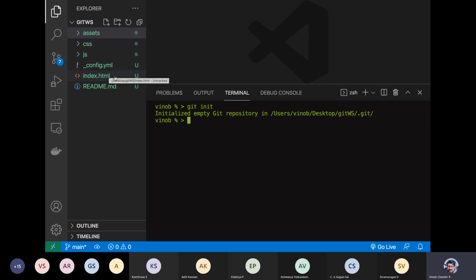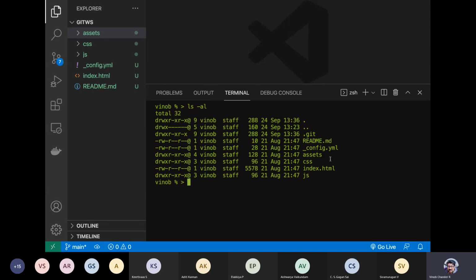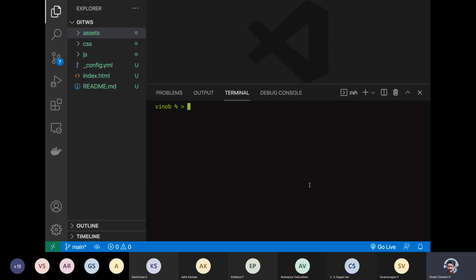Okay, so all this tracking happens inside what is called the .git directory. Now, if you see the present working directory is your project folder, and if you do ls -al so that hidden folders are also visible, you can see something called .git. If you are curious, you can go inside .git as well and see what is available.